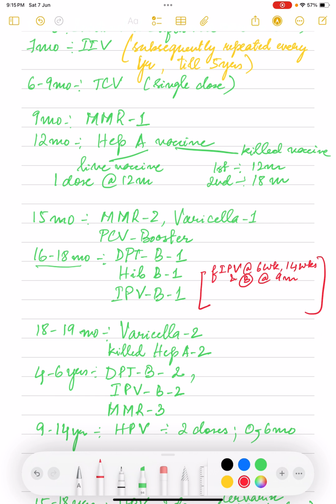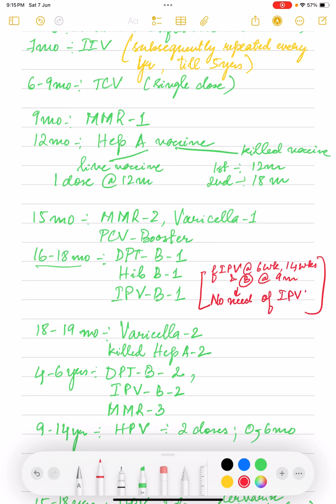And this patient comes to you, say after 1 year, having decided that they want to get vaccinated via the IAP schedule. Now the new guidelines suggest that if the patient has received 3 doses of fractionated IPV, that is at 6 weeks, 14 weeks and 9 months, then there is no need of